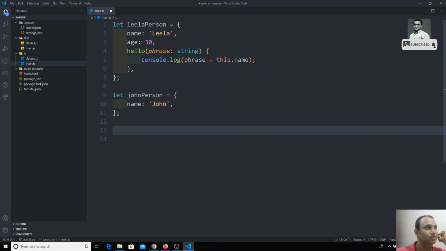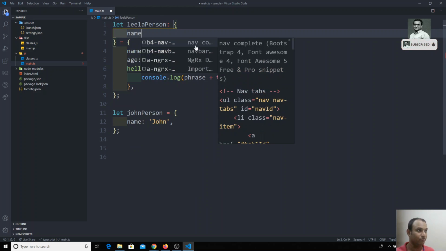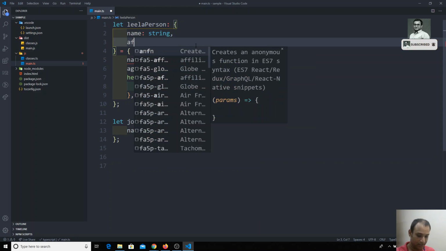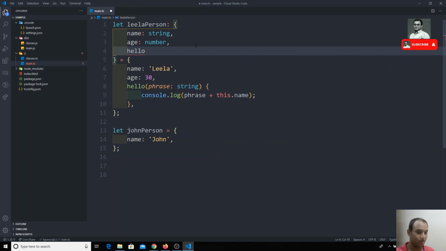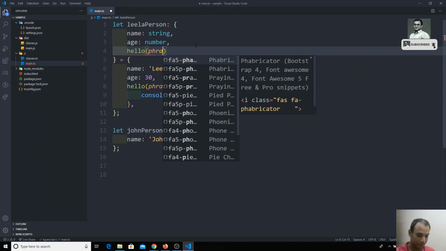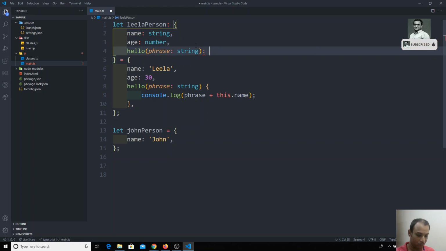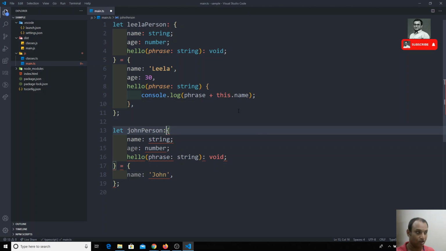Now what we can do is define the type here. As in the previous types video, name as string, age as number, and another one, hello, which takes the phrase as string and its return type is void. We can define the type something like that, and we can copy this. Whoever we are implementing as a person should have all these details.